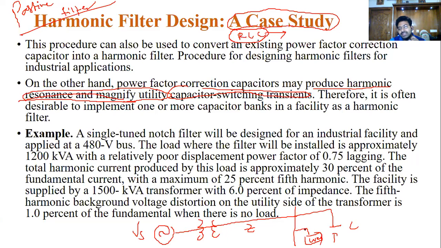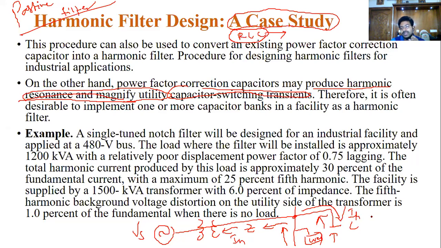Because of this non-linear load, see this diagram, see this wave, see these arrows, it can inject some harmonic currents, IH, into the system. At the same time, this harmonic current IH is also taken by the capacitors. The capacitor stores some current and voltage values, and when there is a requirement, at that time it can give some current, inject some power into the system. And what will happen?